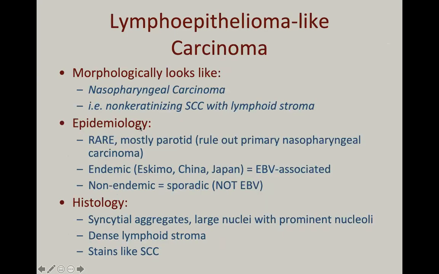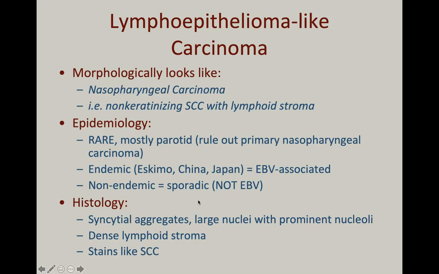Sometimes we have these rare birds in the salivary gland that don't quite fit other salivary primaries. There is one tumor called so-called lymphoepithelioma-like carcinoma that morphologically resembles nasopharyngeal carcinoma, meaning it resembles a non-keratinizing squamous cell carcinoma with lymphoid stroma. Some of them actually are related to EBV. I'm not quite clear whether these end up actually being metastases from nasopharyngeal carcinomas or de novo in the parotid,